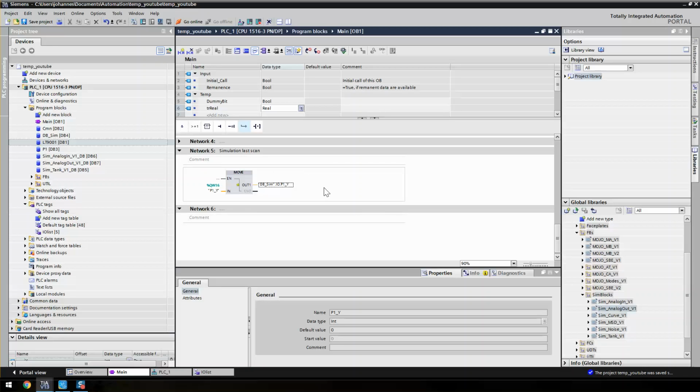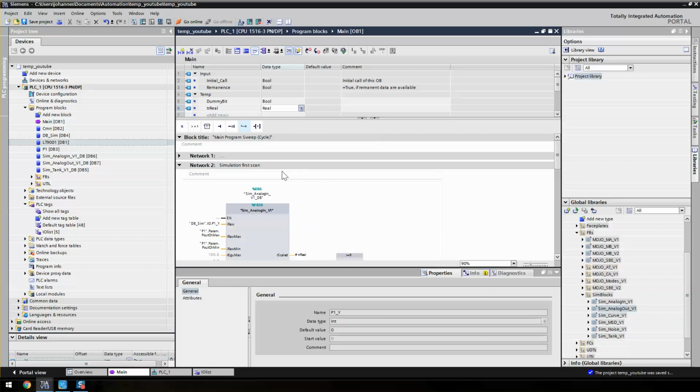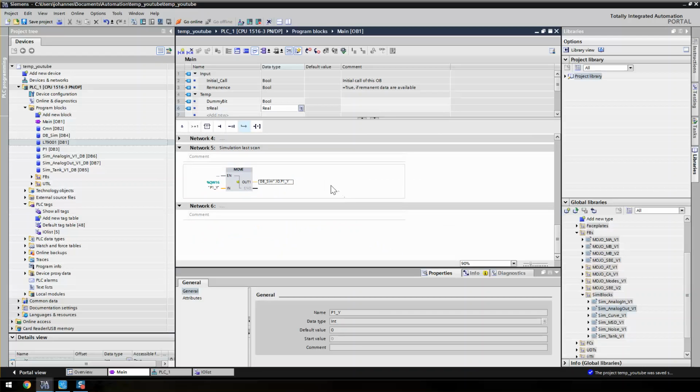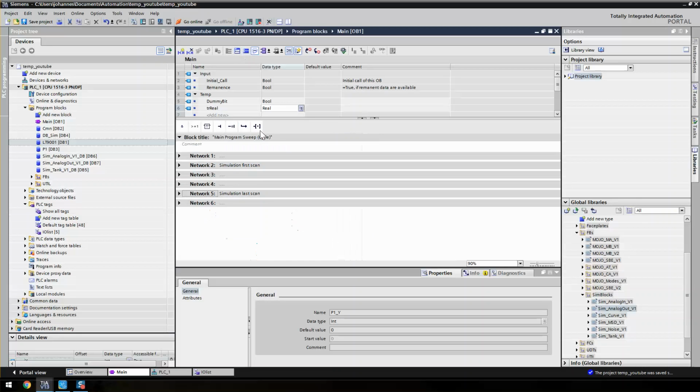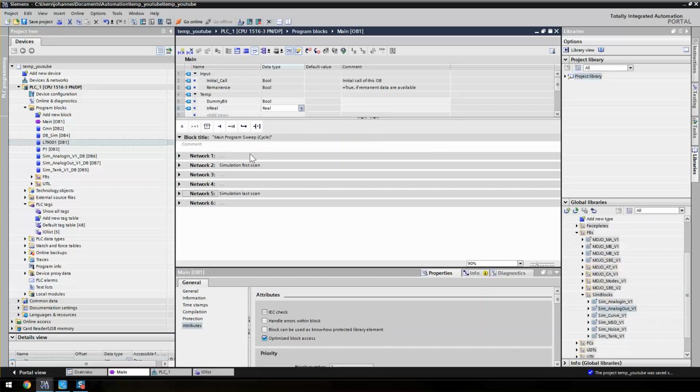In this video we'll pretty up this program from the earlier videos, and we'll add a button to enable simulation, and we'll add an HMI. So first of all, let's take a look at this. It's all kind of messy. We have a